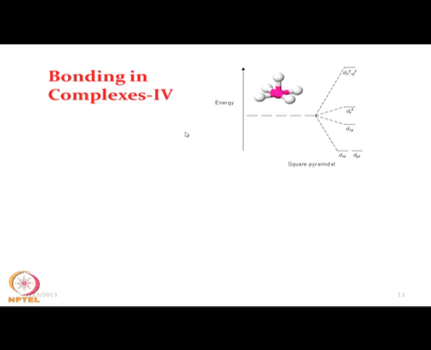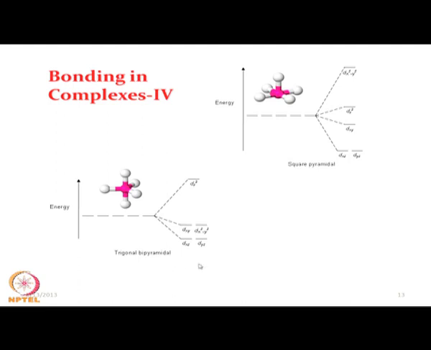So, next we will go from this geometry to the other well known geometry for a coordination number of 5, which we have discussed in detail along with the different types of coordination number and coordination geometry. It is therefore the trigonal bipyramidal one: the 3 ligands in the trigonal plane, and of the 2 other ligands, one will be above the trigonal plane and the other below the trigonal plane.